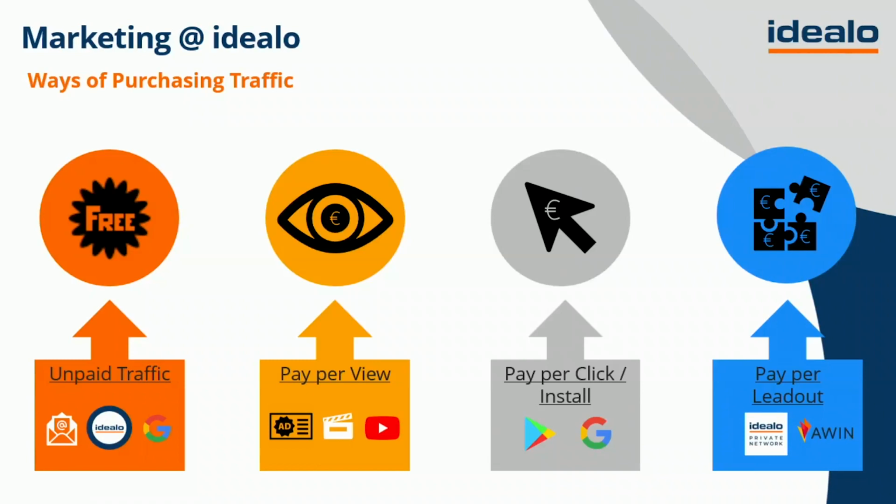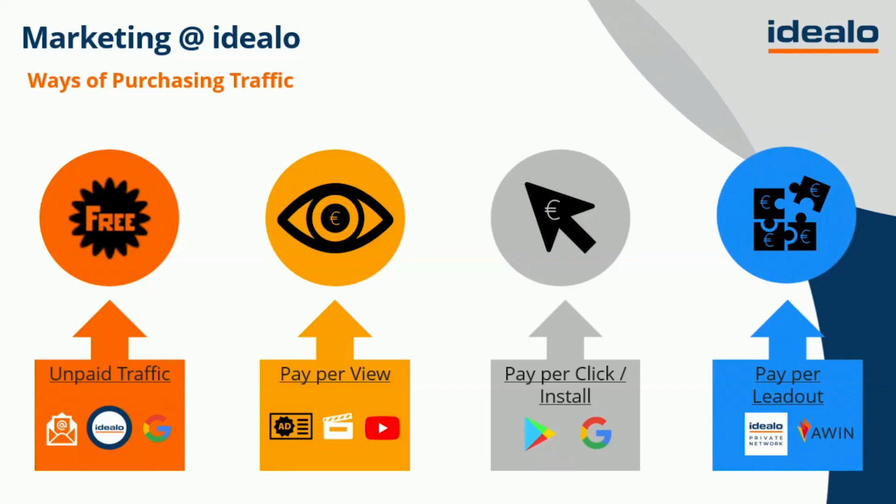Like I said, we have a variety of different departments within marketing, different channels, different activities, campaigns, but you can generally split it into unpaid traffic, so traffic that we don't necessarily pay for, namely search engine optimization or brand traffic. We also have traffic that we pay for, and we pay for this traffic in a variety of different ways. So sometimes we pay for traffic just to be showcased on the internet. This is how we generate reach. Sometimes we pay for every click that we generate on an ad, on a media, on the internet. And sometimes we pay only once we have earned money ourselves, so when a lead out occurs on idealo.